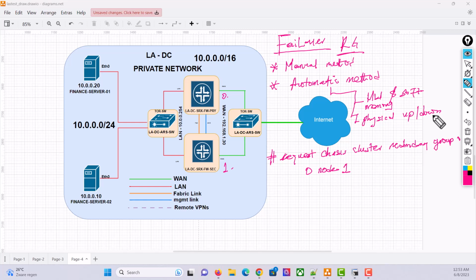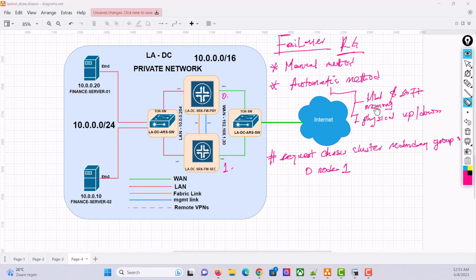So if there's a weight and the global threshold is 255 and the port goes down, it can also cause an automatic failover of traffic from the primary, or from node 0 to node 1. Okay, so